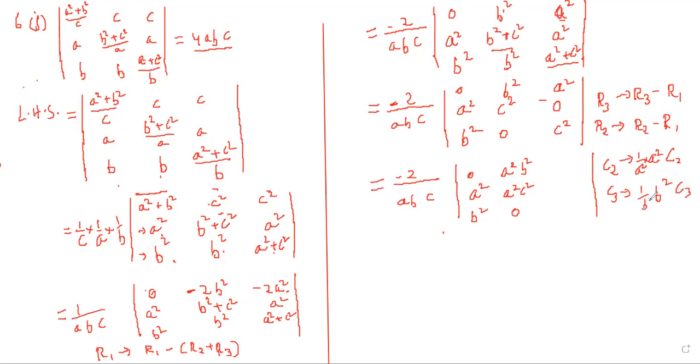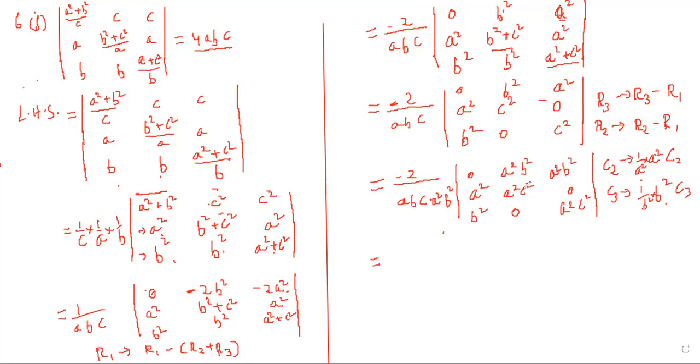So we have to divide it by b square. Means we have to write this quantity outside the bracket, outside the determinant. First we have multiplied by a square, so we have to divide by a square, which we have mentioned above. And when we multiply the third row by b square, it is b square into 0, 0, a square b square actually. And a square is multiplied by b square. Then c square is multiplied by a square, so it is a square c square. So we have to write b square also outside the bracket, outside the determinant. Determinant is also a type of bracket.